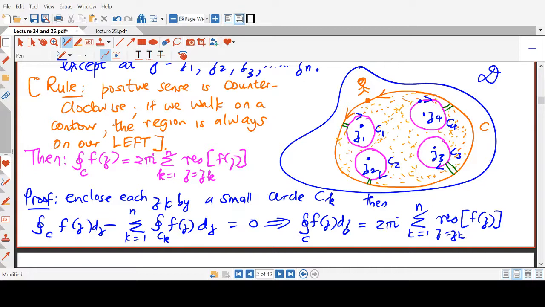The big question is, how do you find the residue? Remember, what is the residue? Residue is the coefficient of 1 over z. Or residue is the thing that you find in front of 1 over z minus z0, to the power 1. The first negative term, in other words, the first negative power, gives you the residue. The coefficient is the residue. You want me to pause for 5 minutes? Let me pause for 5 minutes while you take that in, stretch your legs a bit, and then after the break, I will